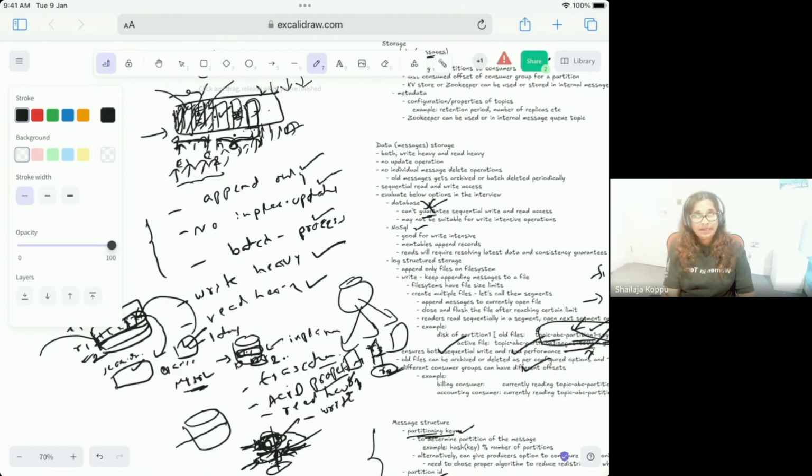It's not that a database doesn't work. It works for very minimal small systems, but we won't be able to achieve the throughput we need for a typical message queue to support the customers at the organization level, because we are unable to achieve the high throughput required for our message queue. So that's the reason we go for the disk-based system, which is append only and keeps writing in a sequential manner and reading in a sequential manner.